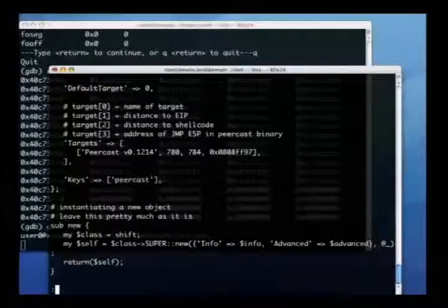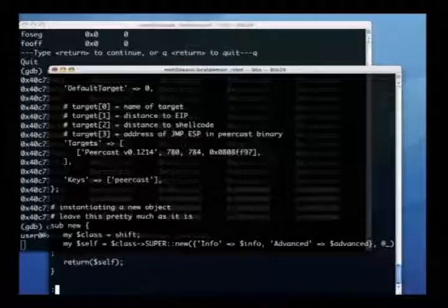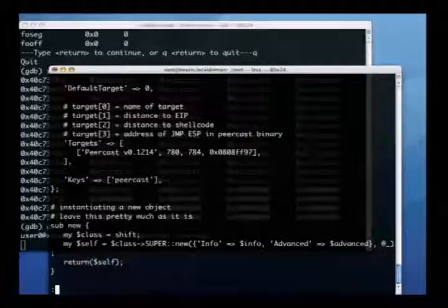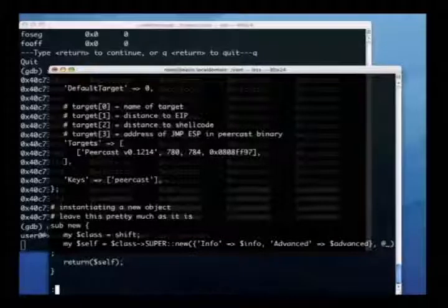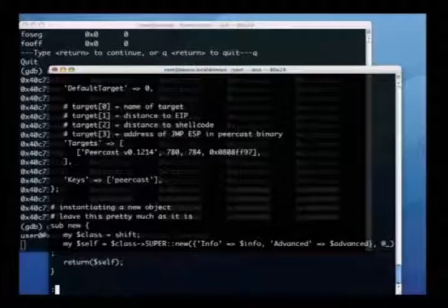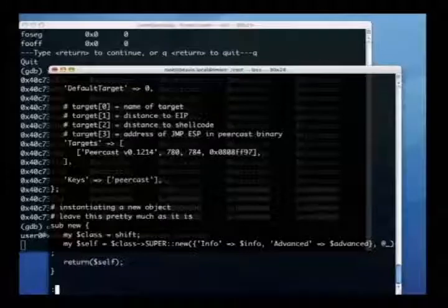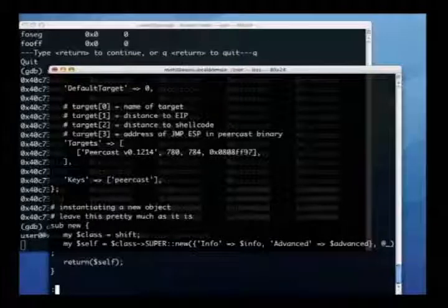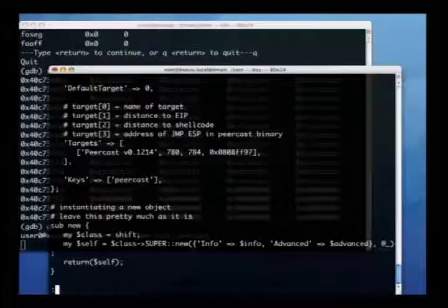And a jump ESP instruction can be found at 0x0808FF97. If you try for another version of Peercast, all you got to do is add one more line to this array. You don't have to recode the exploit, just find the values from GDBing it, and your exploit will be available for yet another version of Peercast.